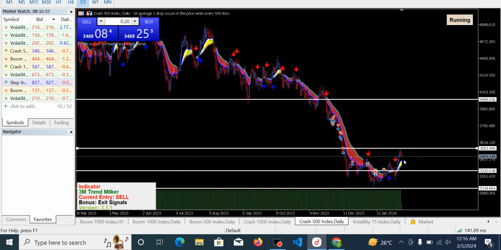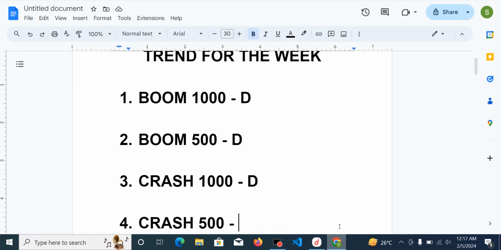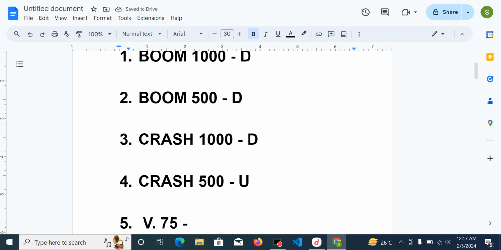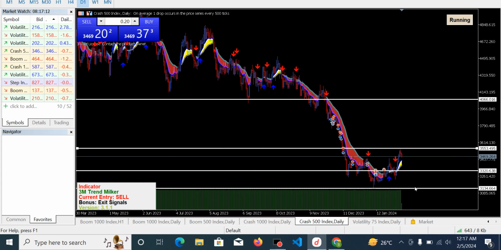So probably once it is done with a pullback, it may likely go back into an uptrend and see if it will break out above this resistance zone. But this week we should experience more of a bullish pattern than a bearish pattern, so we should be experiencing more of an uptrend because it has not been able to break out below this support zone. You can see it has tried it several times, it has not been able to break out below it, so it may likely go back into a full uptrend right from there. So this is very, very important.